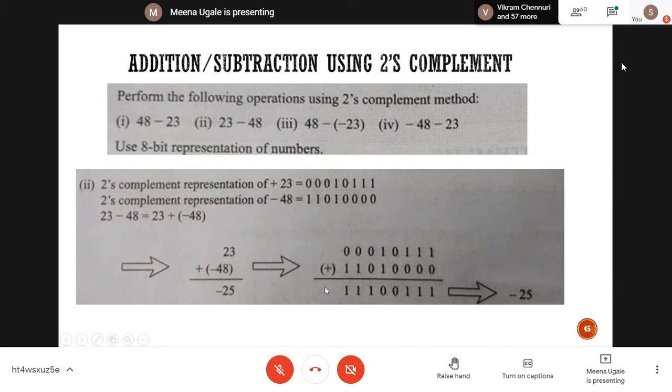After addition, when there is no carry generated, it indicates that this is a negative number. It is a negative number, so it is represented in 2's complement format. So you can find the 2's complement of this number, which should be the representation of 25, which is minus 25. Now how is minus 48 shown here? In 2's complement way. In the same way, this number is minus 25. Now how will you know whether it is correct or not? For that, I will take the 2's complement of this number, 1110011. Take its 2's complement and see, you should get the number which is the representation of 25. Understood, Krishna?